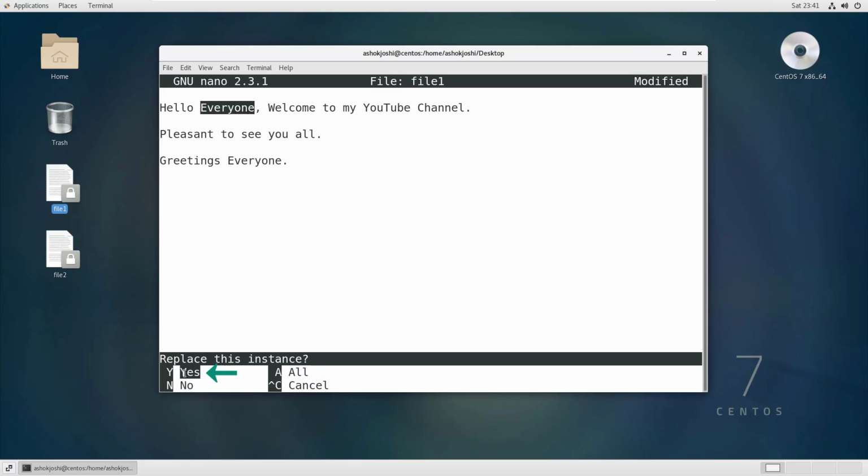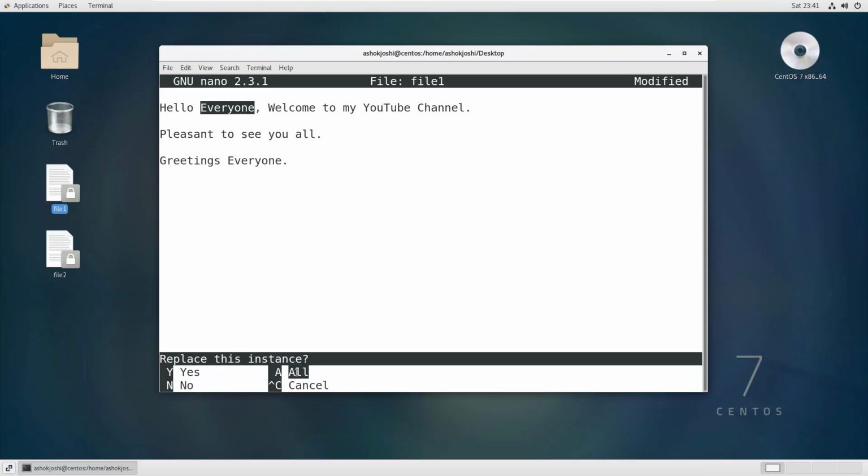Now what will happen if I hit Y means this will replace only the first occurrence of everyone with world, and if I hit all, it will replace everyone wherever it is occurring in this particular file with world. So we need only one occurrence to be changed.